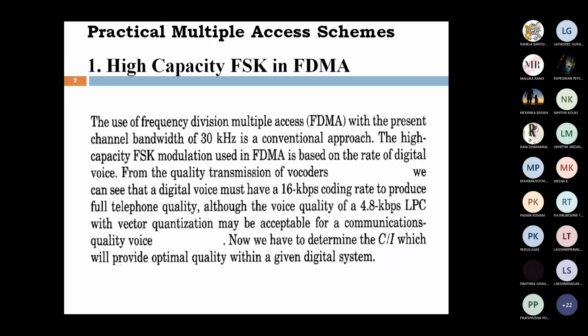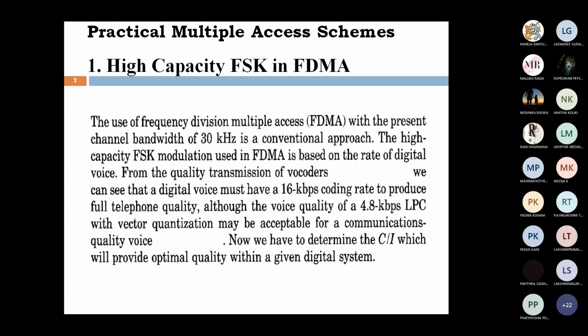You know how to calculate the C by I ratio. We already discussed it in unit 3, the designing of the antenna system. At the time of designing the antenna system, whether omnidirectional or directional, based upon the data provided, we have to calculate the C by I ratio. We must ensure the C by I ratio is greater than or equal to 18 dB. Then only is the system perfectly designed, with no co-channel interference.